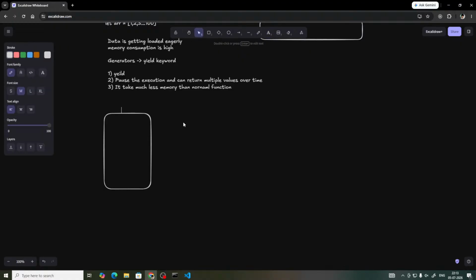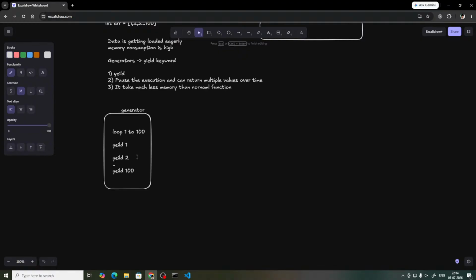Let's say this is a generator function, and I am looping, let's say, 1 to 100, and inside the loop I am yielding, first yield 1, yield 2, like this up to